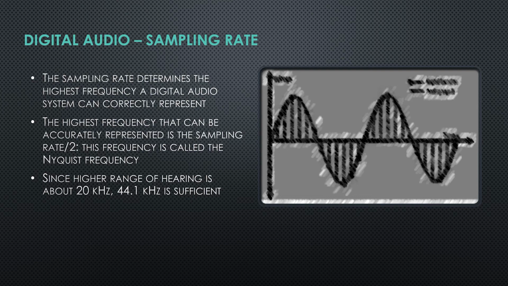This means that if we want to sample a tone that is 20 kilohertz, the upper range of our human hearing, we need a minimum of 40 kilohertz to do so. We happen to have settled on 44.1, and that gives us a little bit of headroom above that, and that's a very common sample rate that lets us relatively accurately capture the entire range of human hearing. Because, as mentioned, 44.1 divided by 2 is 22,050, just over that 20,000 range that we can approximately hear.